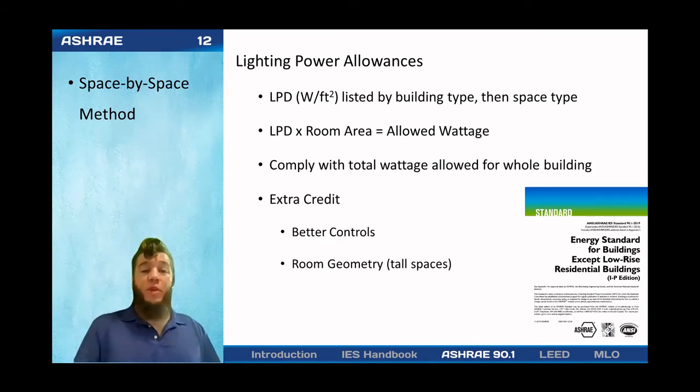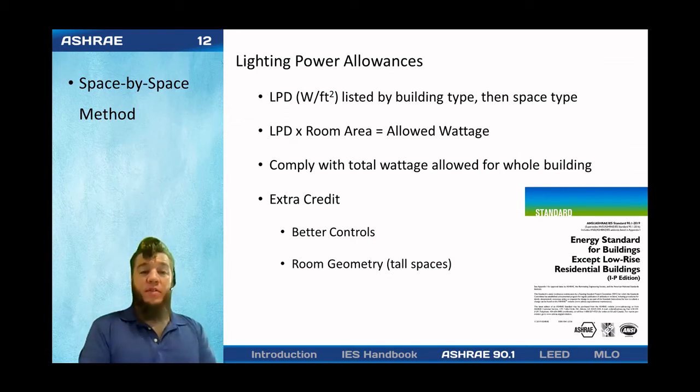There's also, if you really want to get into the sticks with ASHRAE, extra credit available. So you can increase your allowed wattage by installing better control systems than what the standard explicitly requires you to do. And there's also room geometry allowances. This is usually applicable to particularly tall spaces, because the LPD requirements are based on the general idea of a ceiling height somewhere between 9 and 15 feet. And so if you have a 2-story atrium, then the